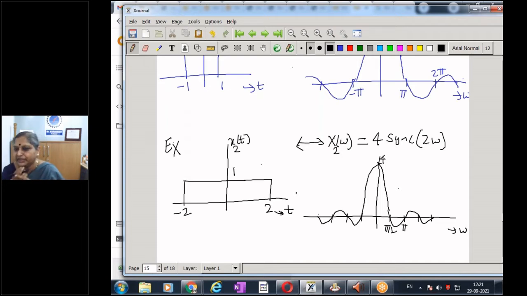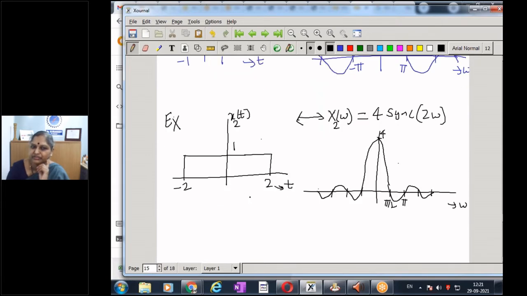Have we expanded it in time domain or compressed it in time domain? Expanded. So if I look at x1 and x2, what we have done is expanded the signal in time domain. We just pulled it in time. What happened in the frequency domain? Did it get expanded in the frequency domain also, or no? When I expand the signal in time domain, what happens to the signal in the frequency domain?